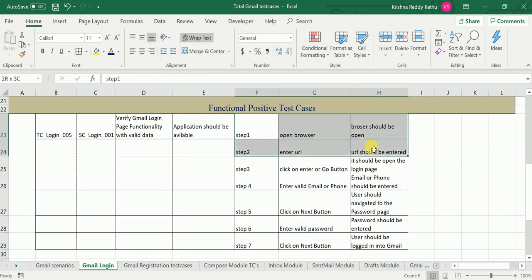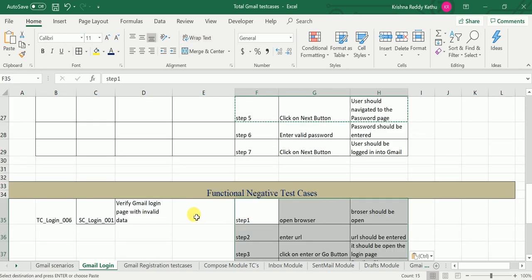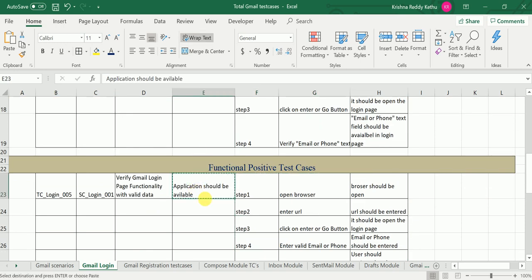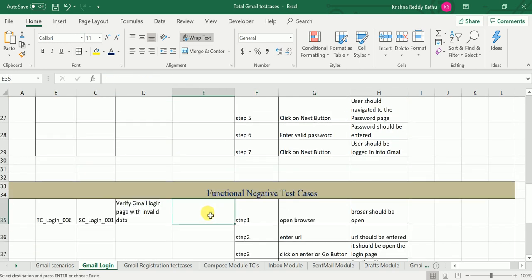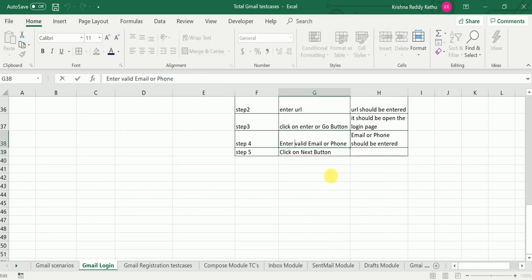So all these steps are common for me. What is the prerequisite for us? Application should be available. Click on next button, and what is my expected? But I need to enter invalid email or phone.